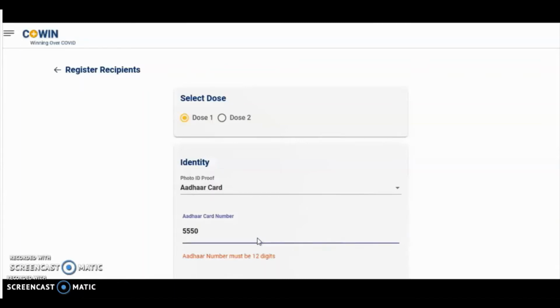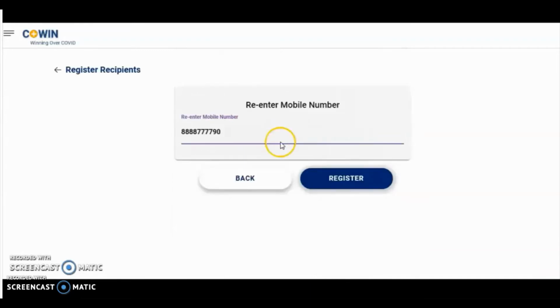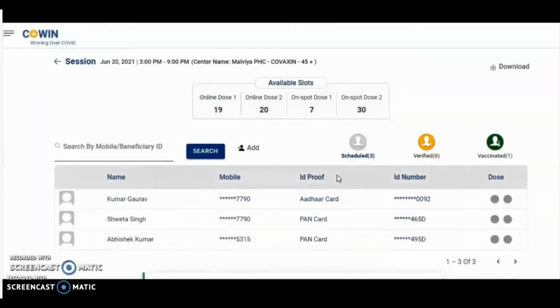Here we enter the Aadhaar card number 55505570092 for Mr. Kumar Gaurav. We enter gender, year of birth, type of beneficiary and mobile number and register the beneficiary.